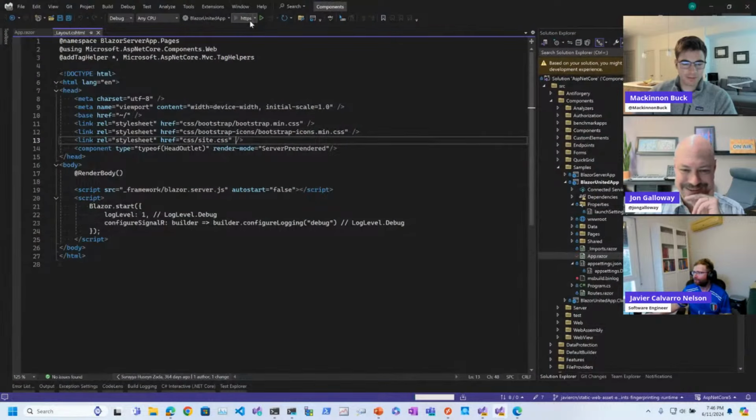And things like the e-tags are a huge deal, because if I already have the files cached, I don't even have to download them at all. Exactly. And actually that's perfect, because I can use that to show the last demo that I have that is not finished, because I was trying to get this to work